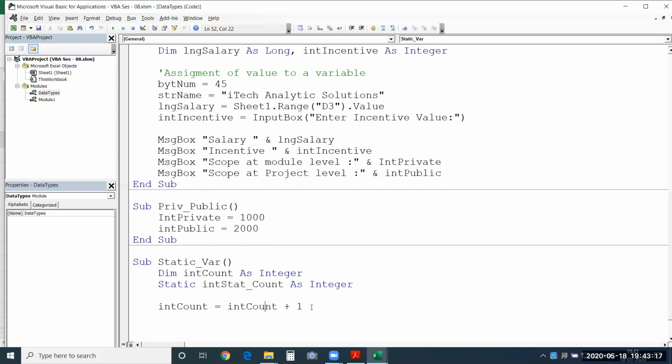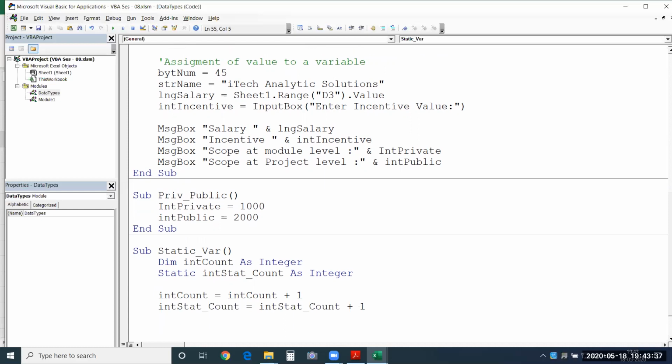And the same thing I'll do with int stat count as well, plus 1. You look at the difference when I run the macro here, and I would like to see the values of these two variables.